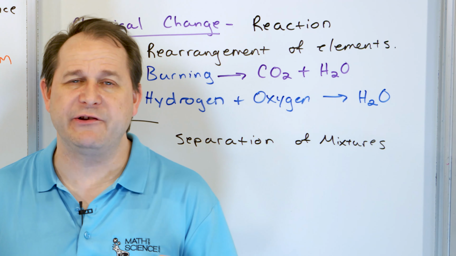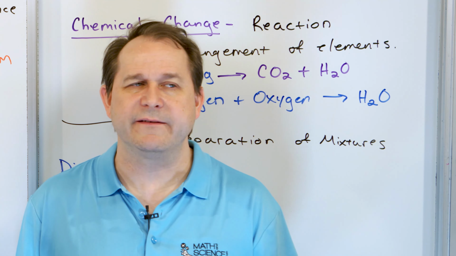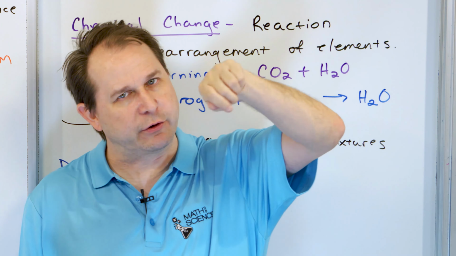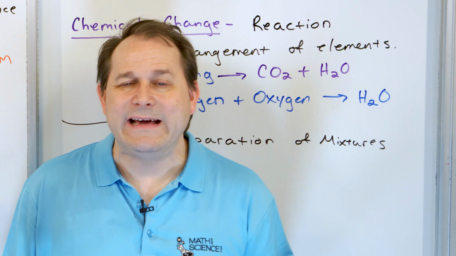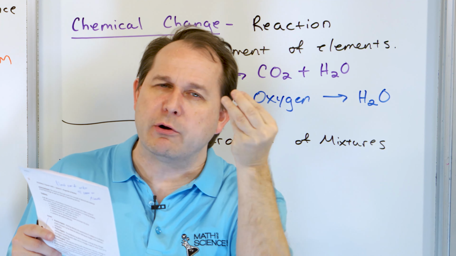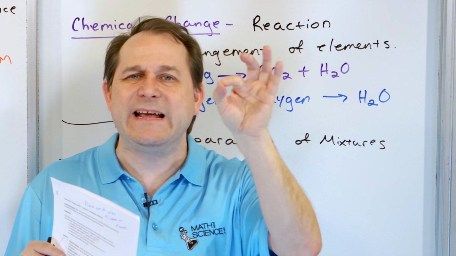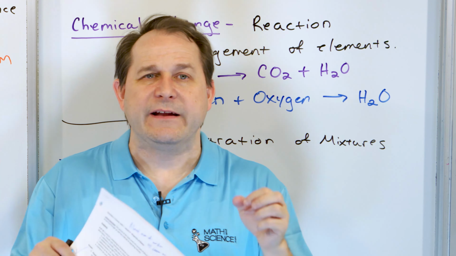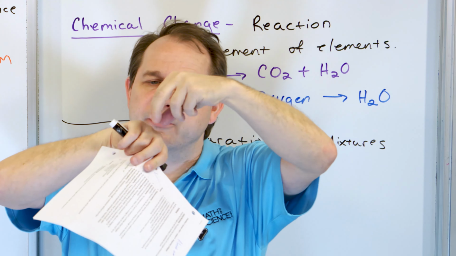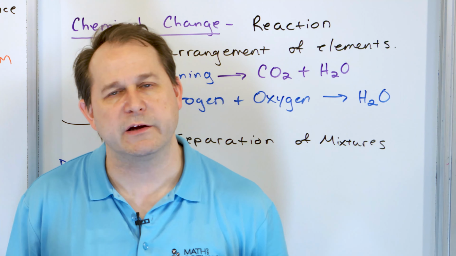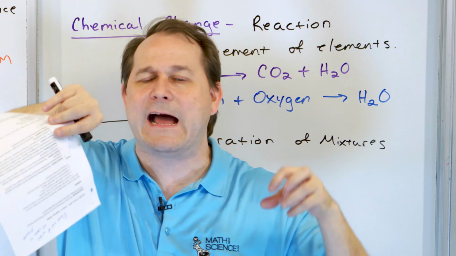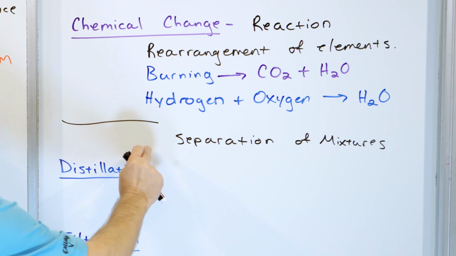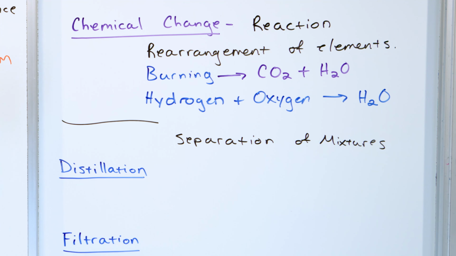A better example of a mixture would be a solution. You know about this. If you put sugar in water and stir it up, what happens? The sugar dissolves. It doesn't go away. It's still there. It's just that the crystals are broken down and they're basically fitting in between the water molecules. And so the water molecules are now crowded because there are tiny little chunks of sugar in between all the water molecules. But it's a mixture because they're not bonding to the water, they're just kind of broken down and hanging out between the water molecules. How would you separate this mixture into its core components again?